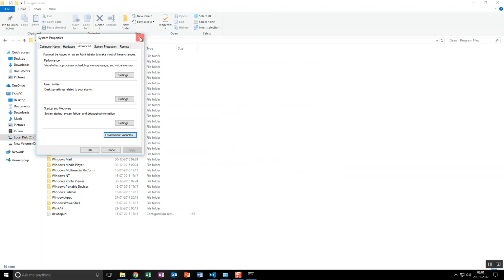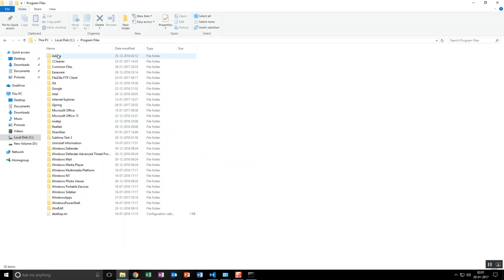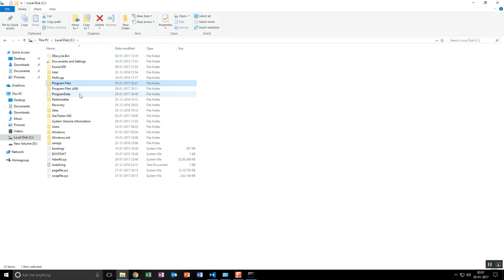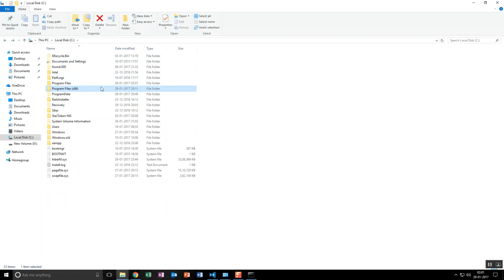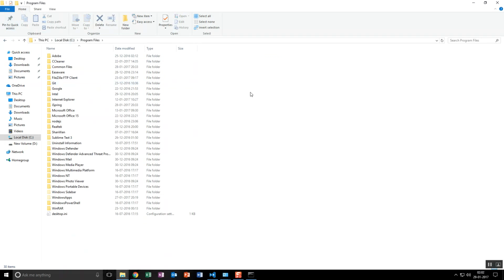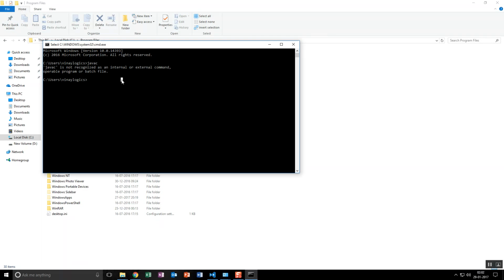Initially, before setting up, your system would be clean. If you have a 64-bit machine, in Program Files you don't have any Java folder, or if you are on a 32-bit machine, it will be just Program Files and you don't have any Java folder. I make sure that there is no Java in it. Okay, now I'll try to type a command called java. See, it's not able to find this path, that is because I have deleted it in front of you. Sometimes it will show this, but Java also won't be set up.